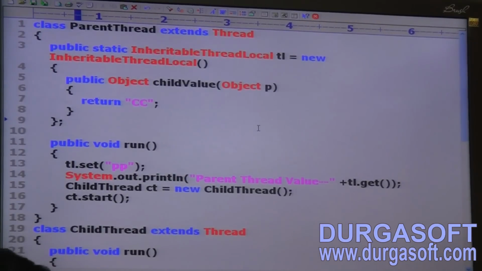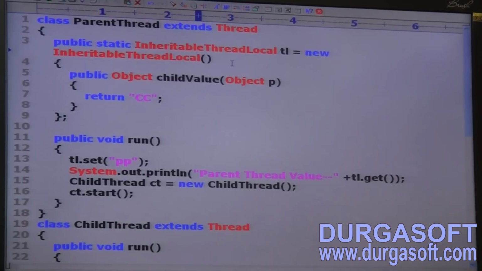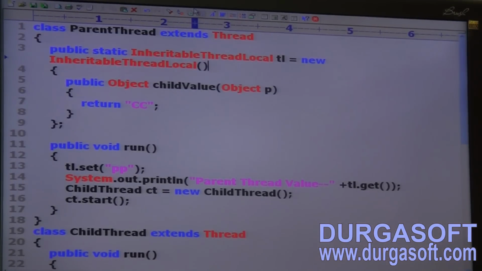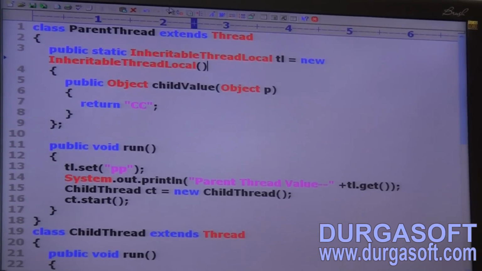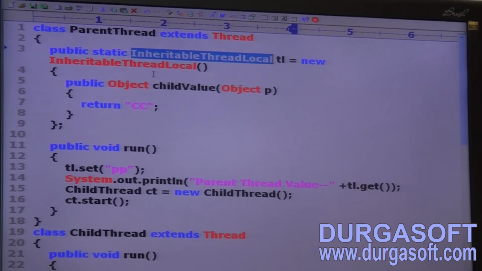Next, public static InheritableThreadLocal tl = new InheritableThreadLocal.